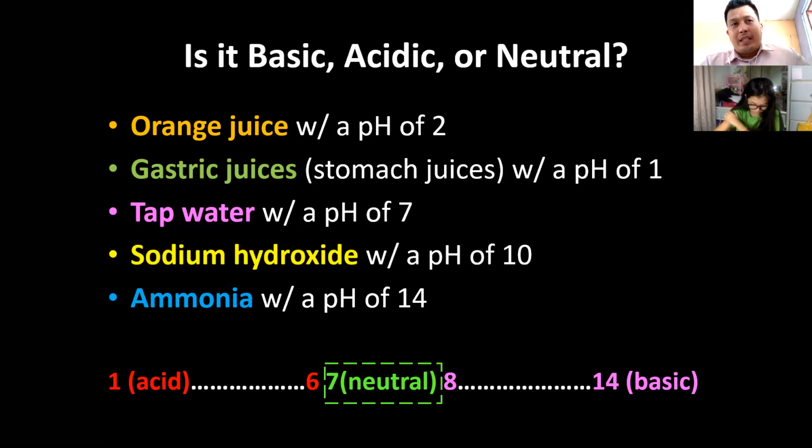Water is neither acidic nor basic. That is why, in case you are having problems in your stomach or you're experiencing gastritis, that means there is too much acid in your intestinal walls. So what is advisable is to drink a medication known as antacid.